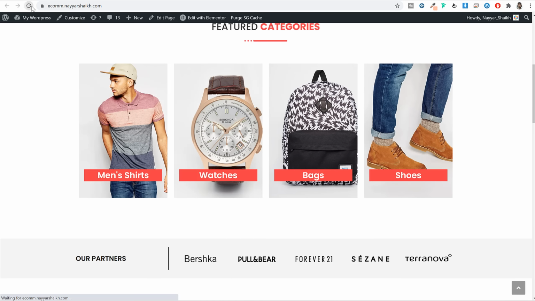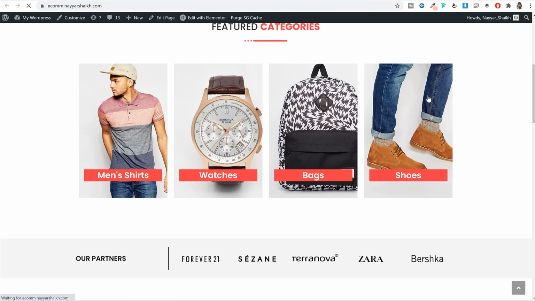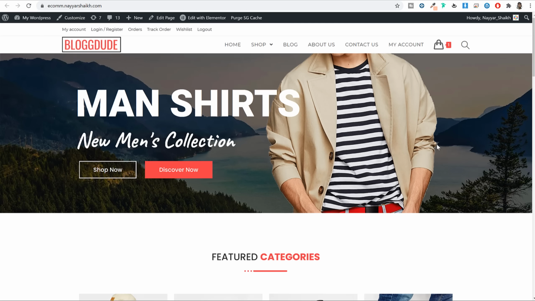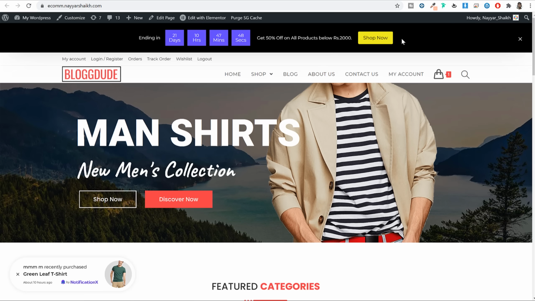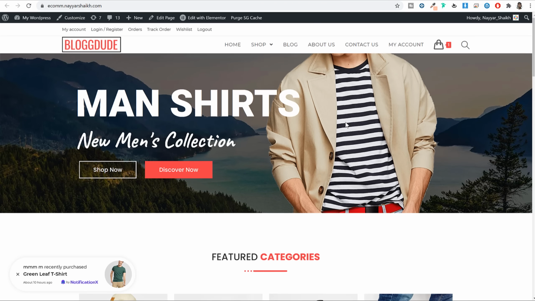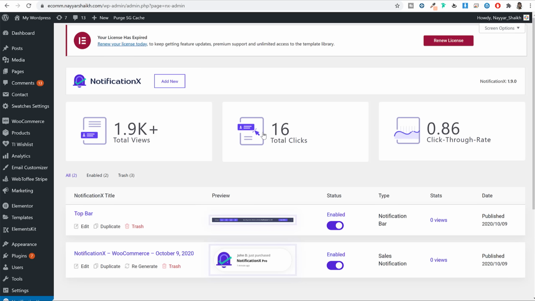Now if I come back to this page and refresh it, now let's wait for 5 seconds so that both the things will display. Now just after 5 seconds, here as you can see, this thing is also displaying and this thing is also displaying because the initial delay was 5 seconds. Now that thing automatically disappeared after 10 seconds because that is what we just did.